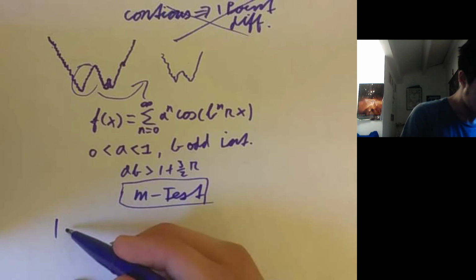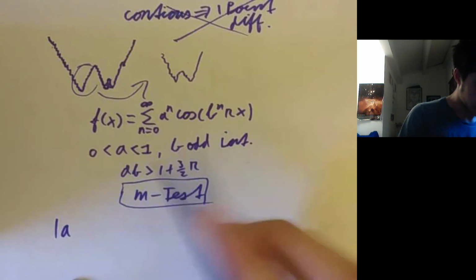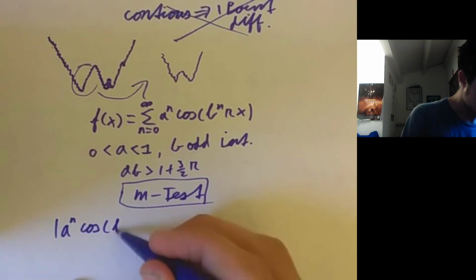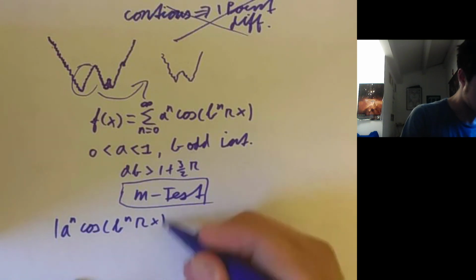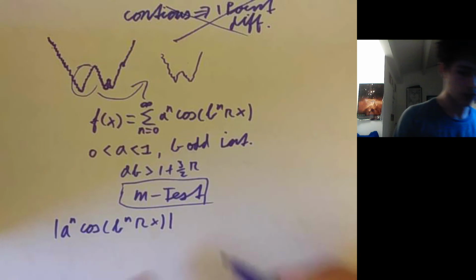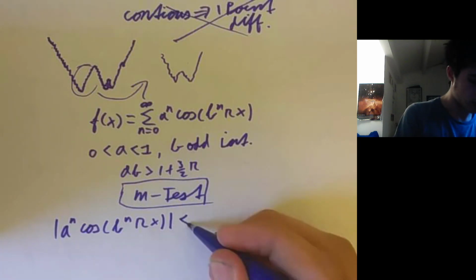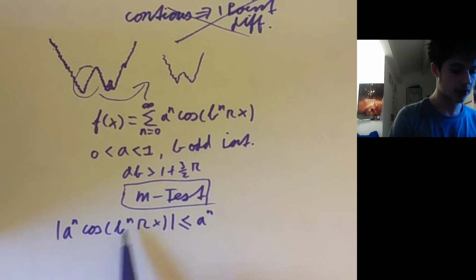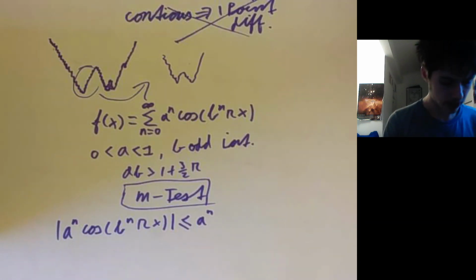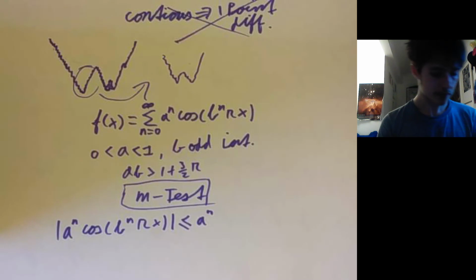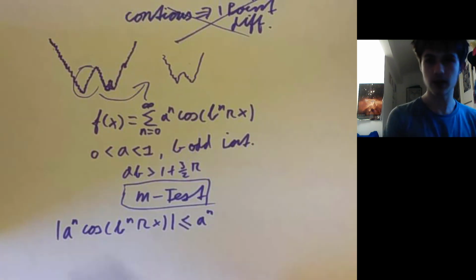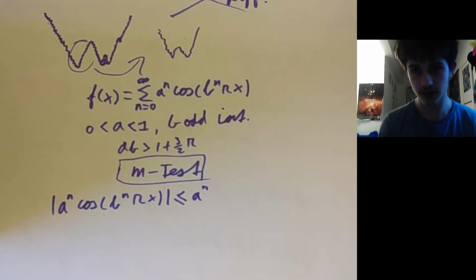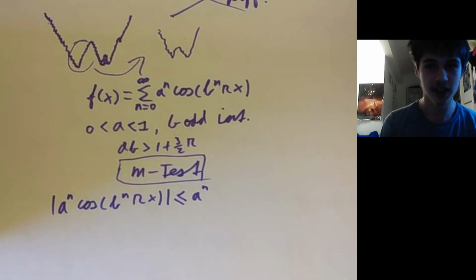We want the absolute value of the things we're summing over, cosine of b to the n pi times x. Now, of course, this is always going to be less than or equal to a to the n, because no matter what you put into this cosine, it will be at most 1, at least -1. And we're putting real numbers into it right now, so over the complex numbers, the cosine can get way bigger, but